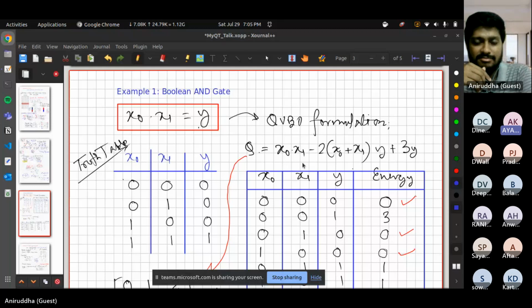No, sir, I don't know annealing. I know the other one, the gate operations thing. Okay, but in the gate model also there is something called QAOA, quantum approximate optimization algorithm, right? So that is a very similar thing to how quantum annealing works.